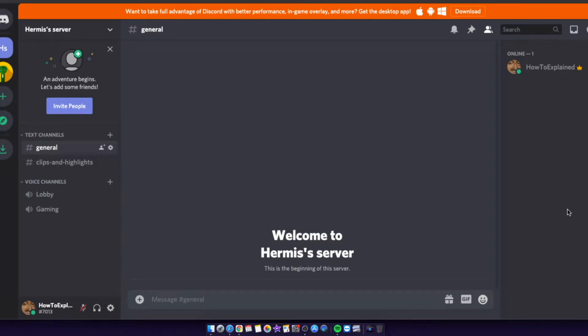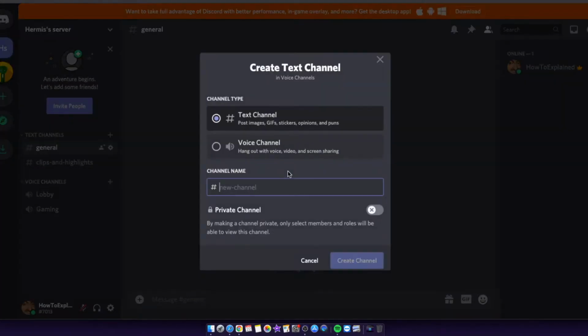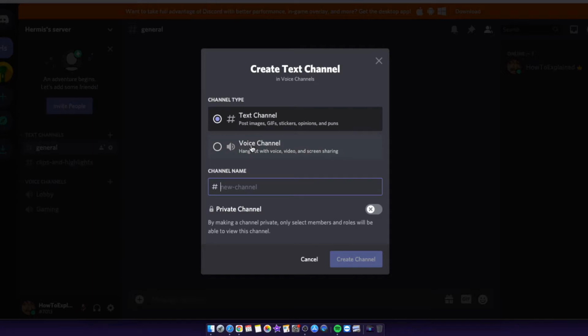Hey guys, so today I'm going to show you how to fix screen share audio not working on Discord server. If you want to share basically a video and the audio is not working, the one thing you can do is actually just click right here on unmute, or basically when you want to create a voice channel, you're gonna